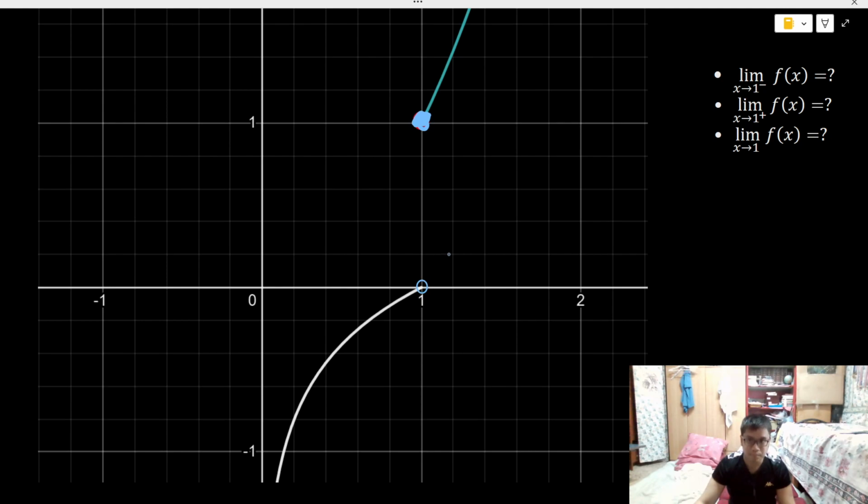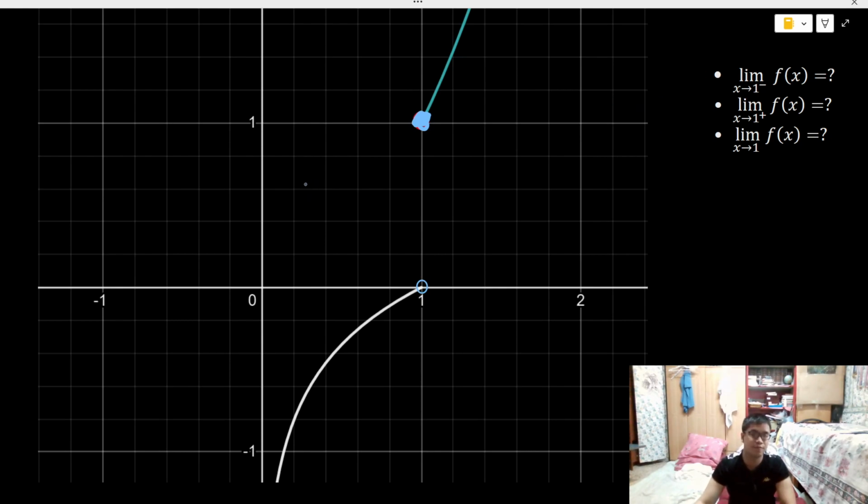So what I'm trying to point out is that if you see a hole, it's undefined. It's not shaded. If it's shaded, that is defined. That will be all. I'm making it complicated, but let's find the limit of function f of x as x